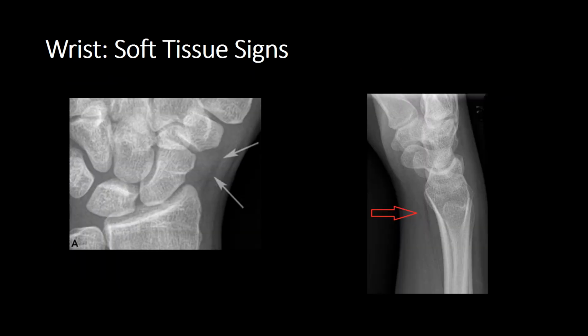There are a couple of soft tissue signs in the wrist for you to be aware of. Just quickly, we'll do a quick refresher. Remember, air is visualised as being black on a radiograph. Soft tissue, as we've got examples here and here, is a light grey. Fat, which we can see with this stripe here, is a much darker grey, and then of course bones are much whiter. So on the left we have a cone down view of the scaphoid on the PA view,